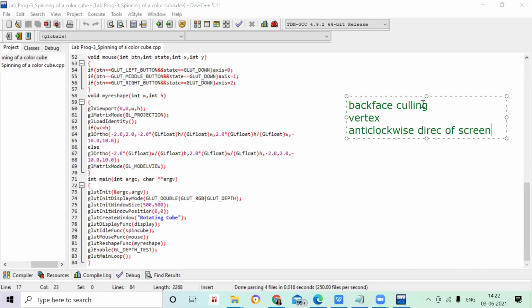So my backface culling mechanism is going to call this glutMainLoop function. Why is it calling? Because it's going to enable, here you can see enable is there, how much depth I can see the polygon, like back side, front side, all the depth test I can do. So here you can see these three primitives are interrelated.